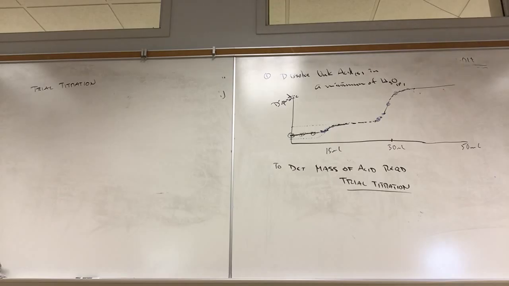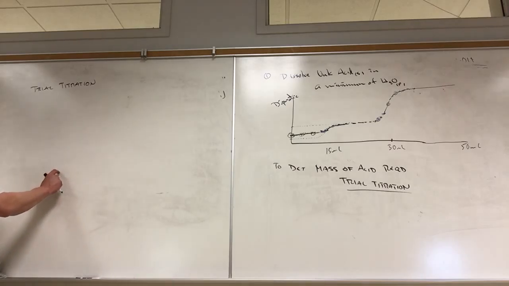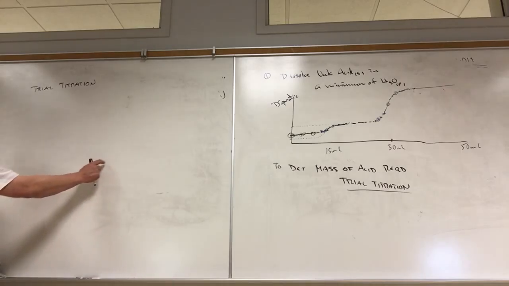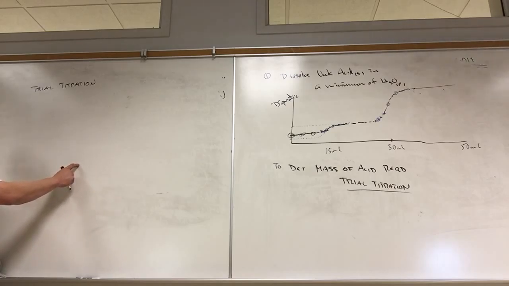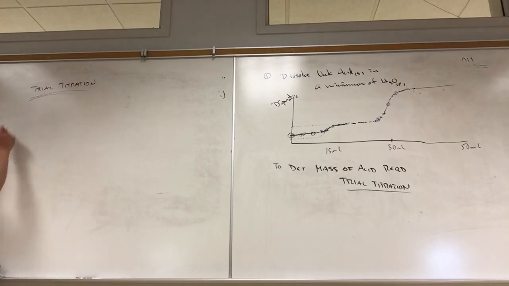If you hit the end point at 3 milliliters, then you're going to lose a lot in terms of accuracy because of the error. A 1 drop error in 3 milliliters versus a 1 drop error in 30 milliliters is a huge difference in terms of accuracy. And so what we're going to do in the trial titration is you're going to have a